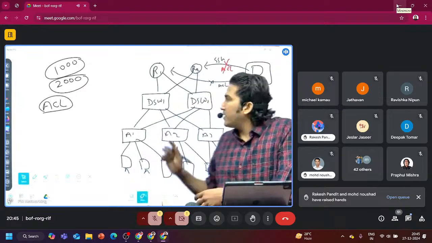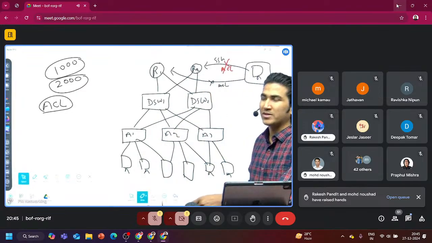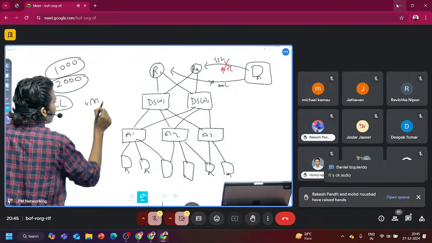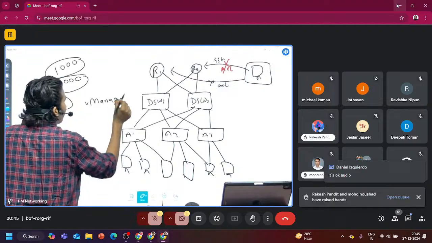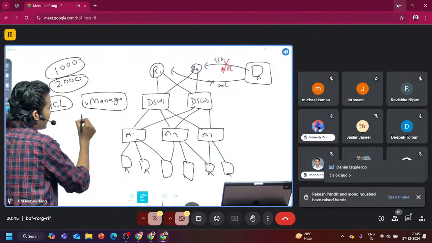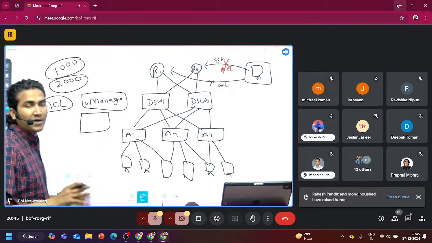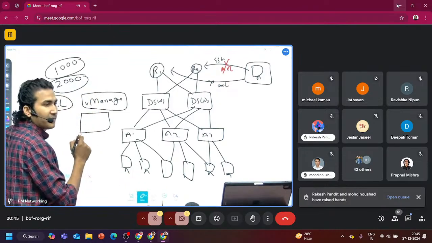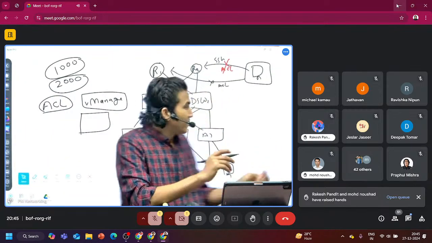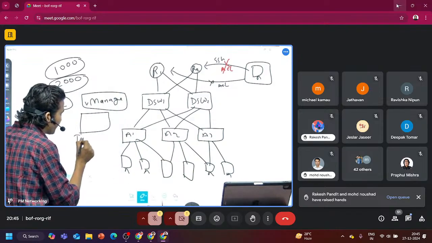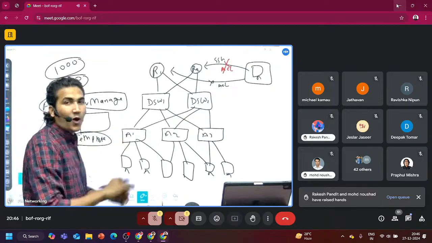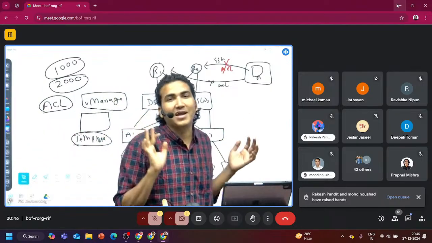Fine. So guys, this way you have to configure ACL on 2,000 devices, right? But in the SD-WAN, you have vManage. For ACL, you know what I can do? For the configuration, I can create one template. Whatever command I want to run on router, I can create one template, and I can push that template to all 2000 devices at the same time,